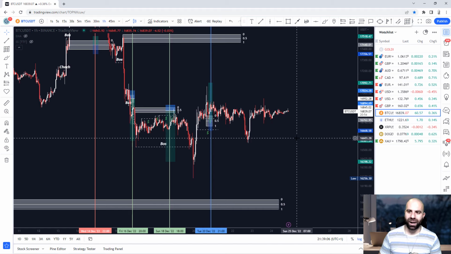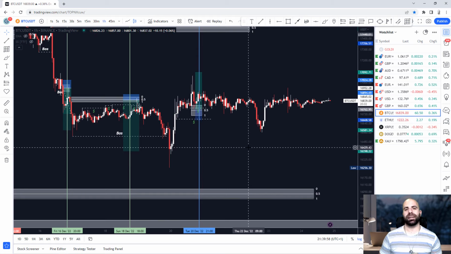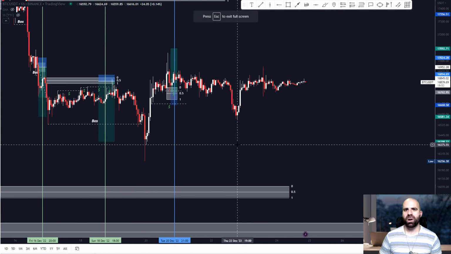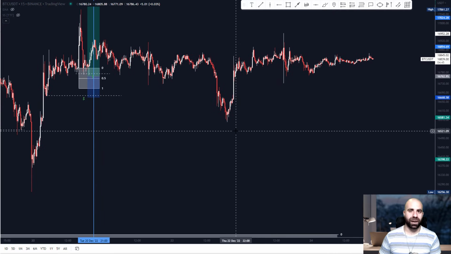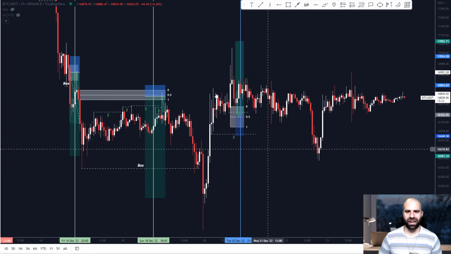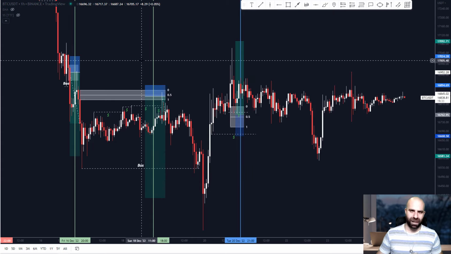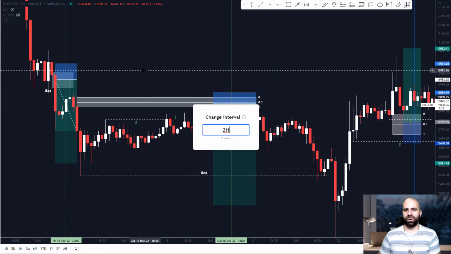Then I can go to the 1 hour time frame. This can definitely clear things out for me, and it can help me identify where we are on price right now. So when you are trading just one time frame, such as the 15-minute time frame, when it comes to this point that you are absolutely confused as to where you are right now on your charts, it's always good, even if you are trading only one time frame, go a little bit higher. No need to go to the daily or something like that unless you are doing a multiple time frame analysis. You can definitely go to the 1 hour, or the 2 hour, let's say,